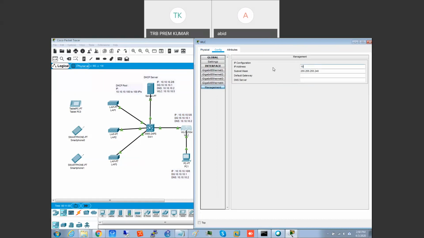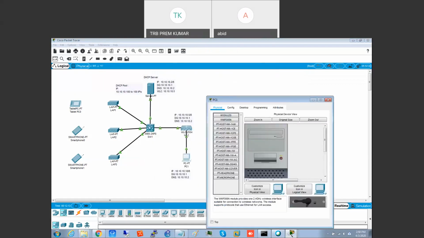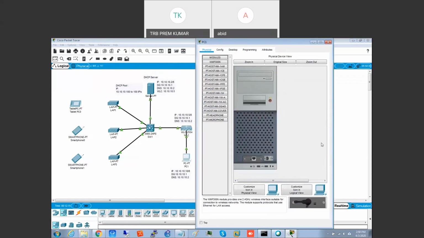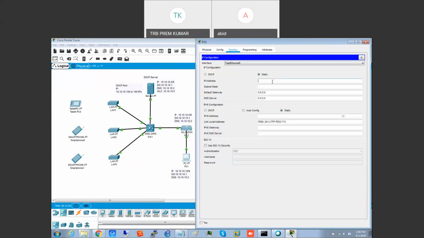So WLC IP address is 10.10.10.5, subnet mask 255.0.0.0. Fine. Next, the PC: 10.10.10.1 and 10.10.10.2.